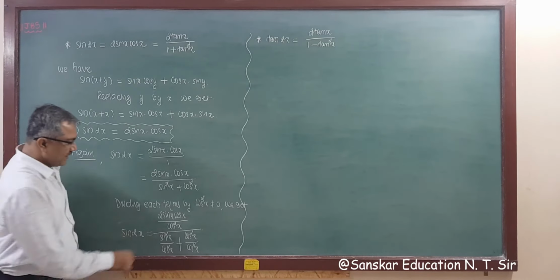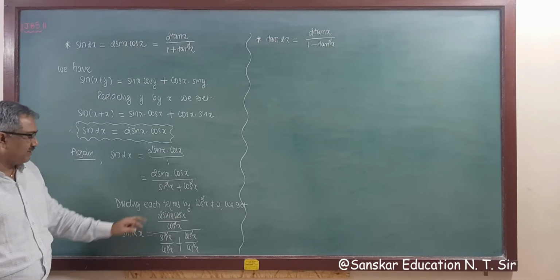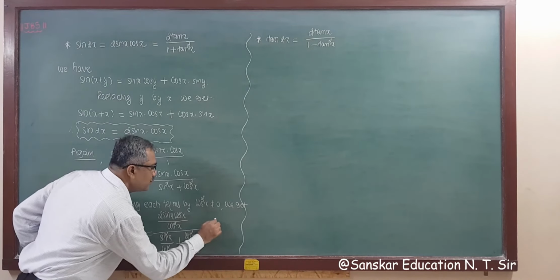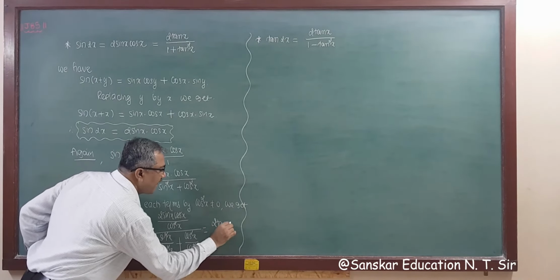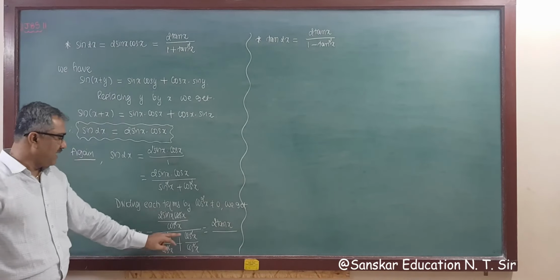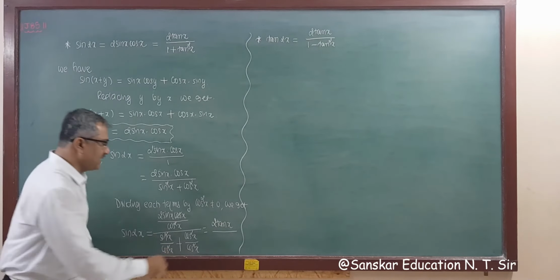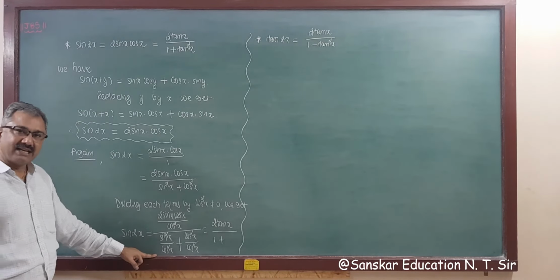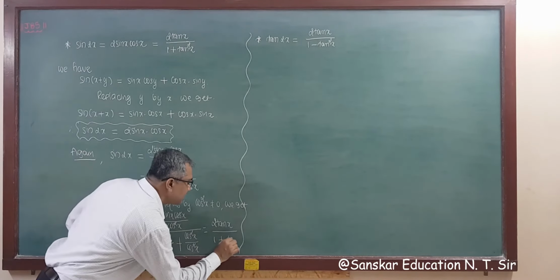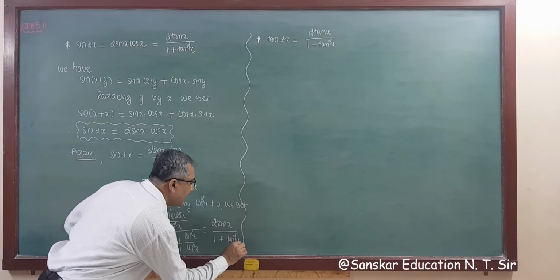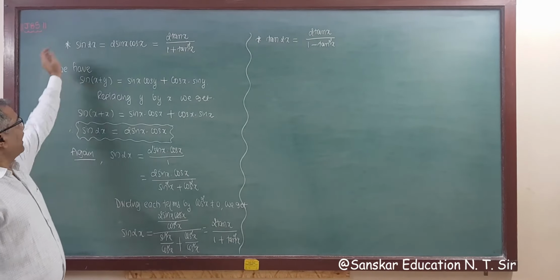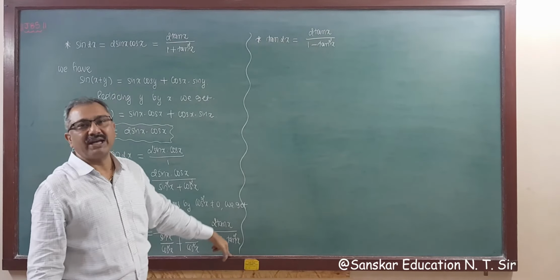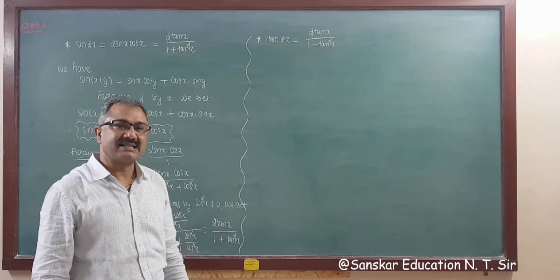So now one cos will be cut. So 2 sin upon cos, that is tan x. So this is 2 tan x whole upon, I am writing this cos square upon cos square, that is 1, plus sin square upon cos square is tan square. So 1 plus tan square x. So this is the formula in terms of tan, 2t upon 1 plus t square, that is 2 tan x upon 1 plus tan square x.